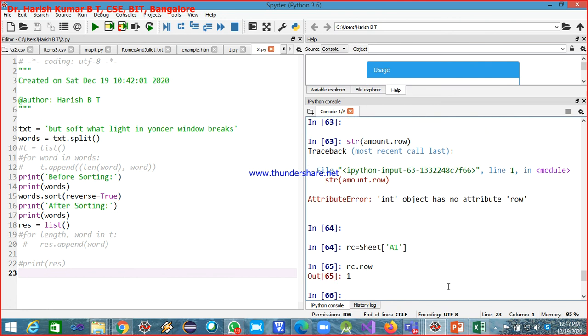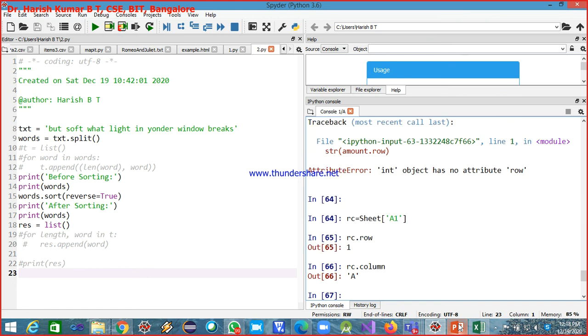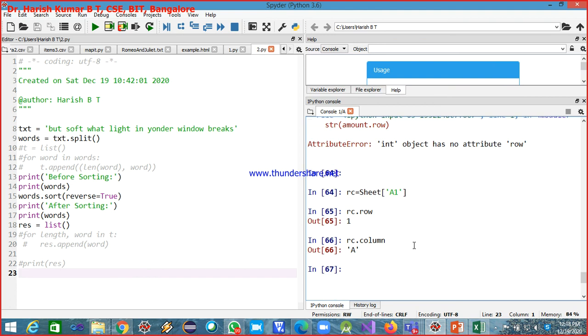So row is 1, and RC dot column. So column is A, row 1 and column A. So hope you understood till here.